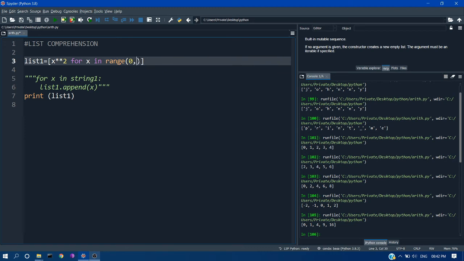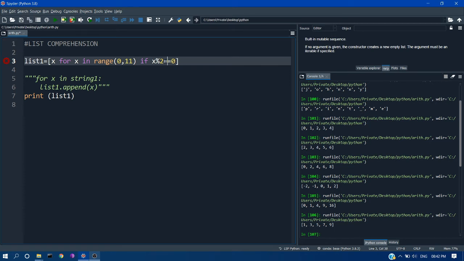When we go one step further, we can use an if statement within our list comprehension. Consider the case where we are checking only even numbers. For that we use the same x for x in range 0 to 11, and after that we use our if condition. If x mod 2 is not equal to 0, this will give you the odd numbers within the range 0 to 11.